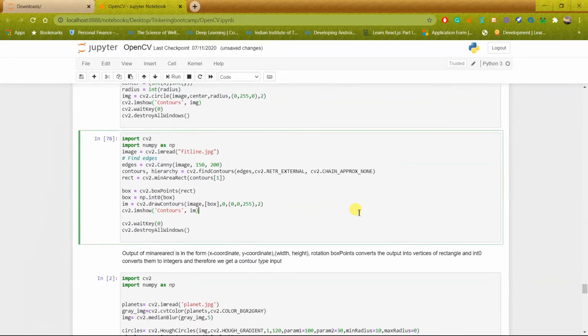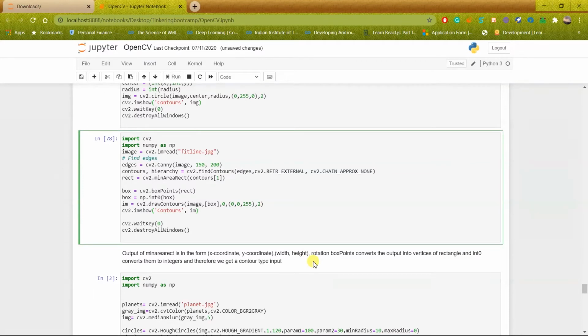After that, this is the minimum area rectangle which I mentioned before. So similarly, I am passing the contour 1 as the shape which I want to get the minimum area rectangle of, and after that I use cv2 dot box points. Okay, so the output of minimum area rectangle is in the form of this which I mentioned below: x coordinate, y coordinate, width and height.